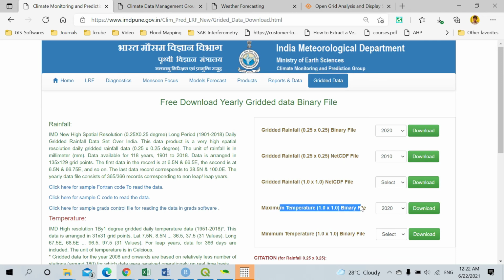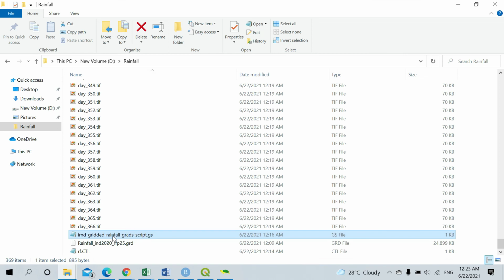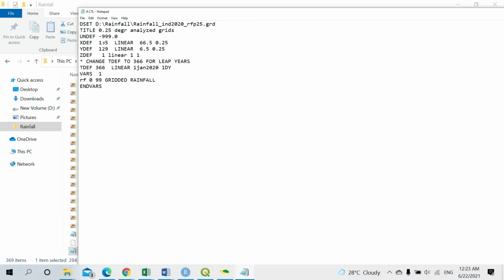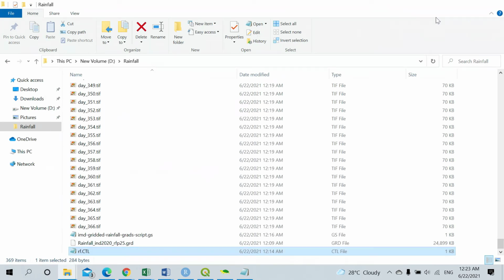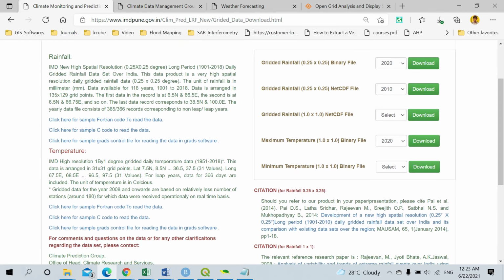When you go with this particular temperature data, you have to make sure of changing the total number of grids. This particular grid count will be helpful in providing you the total data, because in here you can see 135 into 129 grids. That is what I have filled over here. You can see 135 into 129, so you don't need to even calculate it. And in the same case, if you go with this temperature data, it is just a 31 into 31 grid.